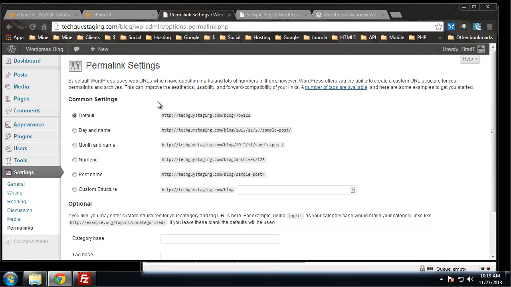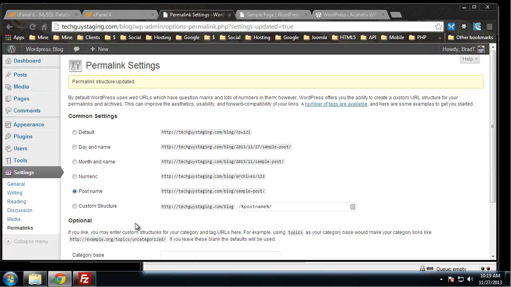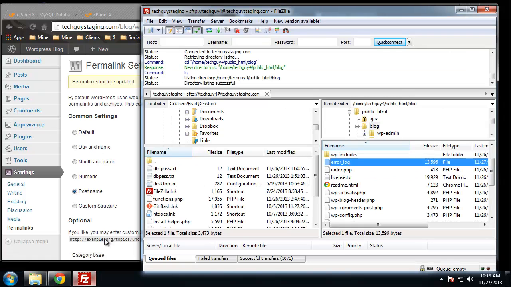So we have these permalinks settings, and there's different options. You can choose to have the date in your posts if you want, for archived files, but the best way to do this is to use the post name. You can see an example here would be blog/sample post. So basically the title of the post. So that's what we want to do here. And if we click on Save Changes, alright, now if we go to our FTP and reload,